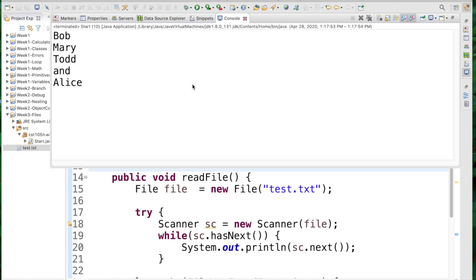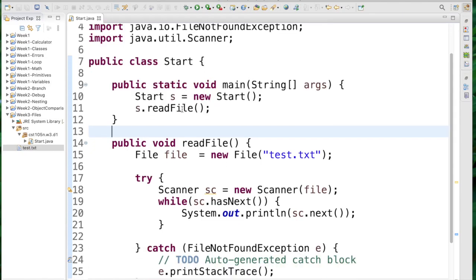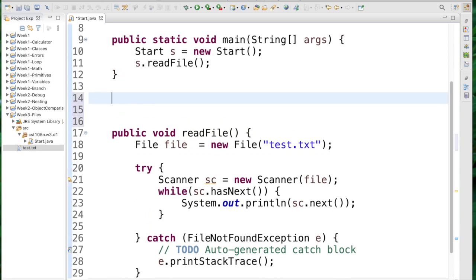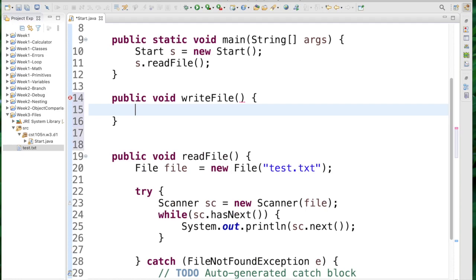But let's go ahead and add another name to our file. So I'm going to go above my read file and create another public void, and we're going to call it WriteFile. And we're going to do kind of the same thing. We're going to connect to a file and we're going to add some information in rather than read it back out. So to write, we are going to create a buffered, this is an object, so capital Buffered